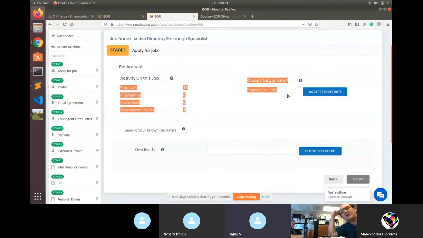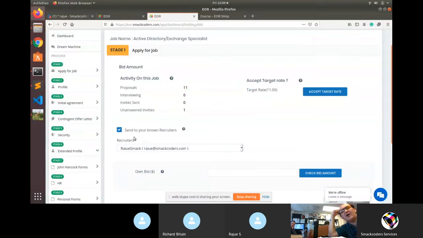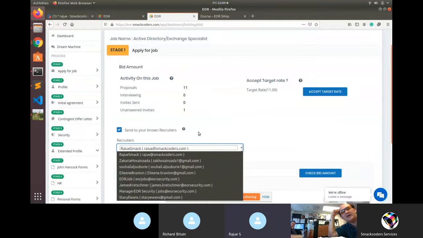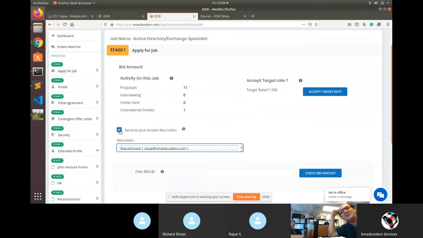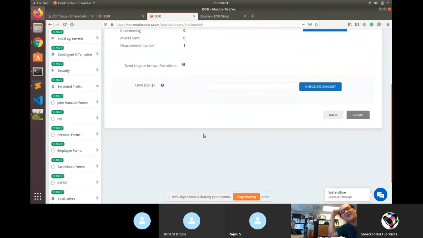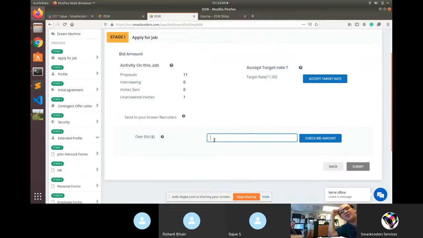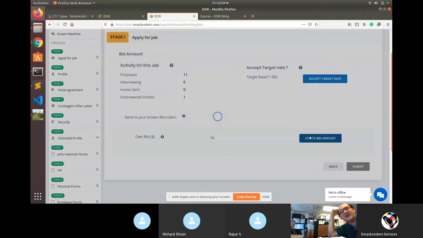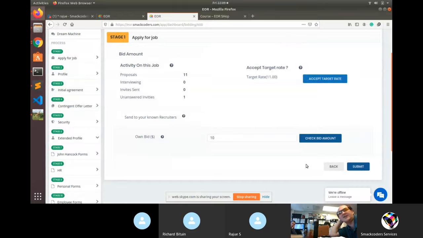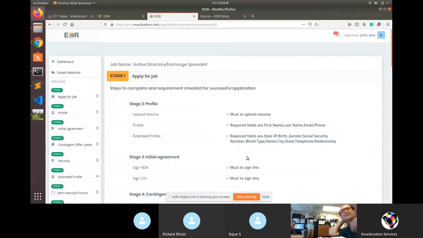Good. Then the next one is we hired a company called Vultus, okay? Vultus used to use RChilli and they fired RChilli. Then they made their own parser. So maybe Vultus will share their parser and the API with us, and then we can have some kind of integration. It should save us some time. Okay. So then you applied for the job. You send to the known recruiters, which is cool, so that we can have affiliate links that allow for people to get revenue. So then there's a revenue engine that doesn't require us to do anything. Okay.